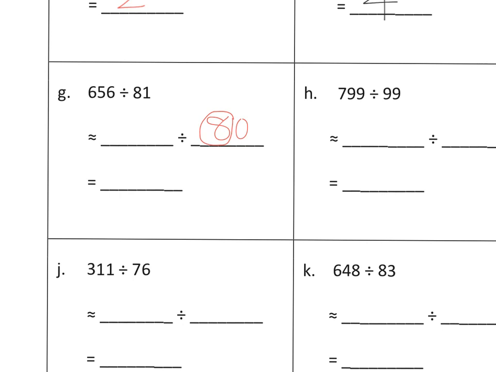I'm going to count by 8s. I've got 8. I got 16. I've got 24. I got 32. I got 40. I got 48. I got 56, 64, 72. And I'm going to stop there because looking at the number, I'm not going to be able to get